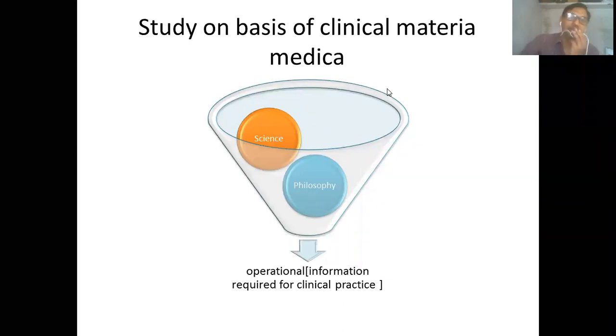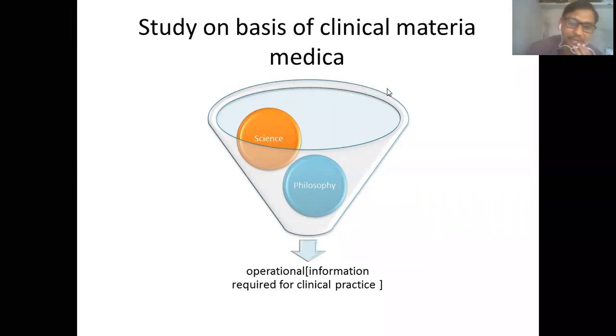So this clinical materia medica comes very handy, or comes to our help, by converting science, philosophy, and all materia medica into application to the sick individual. And this clinical materia medica has the objective of conversion of all science, philosophy, and knowledge of materia medica. It should be made applicable to the sick individual,